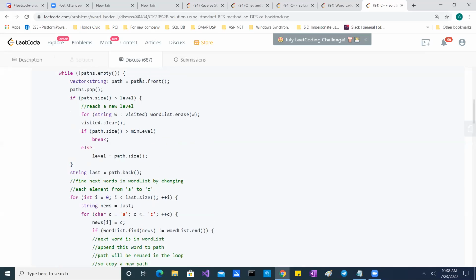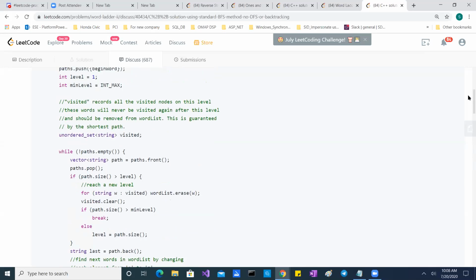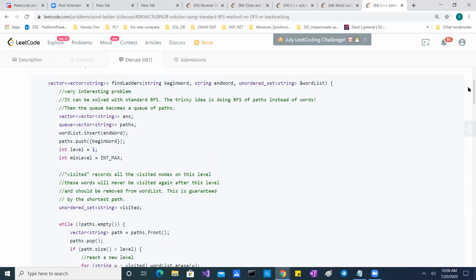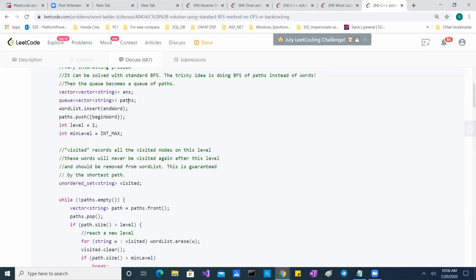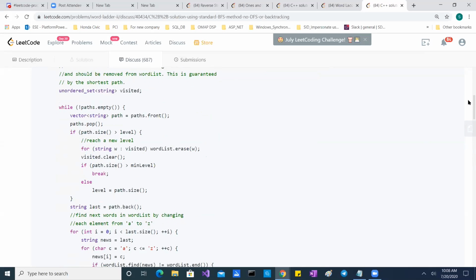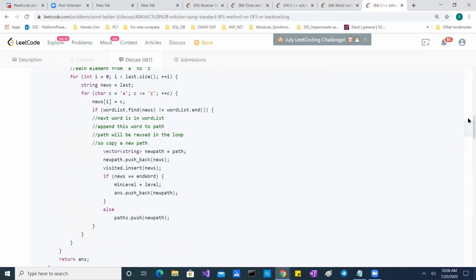So this is the one which he gets from the top. Oh, that is Q actually, sorry. The paths is a Q, the plural one is a Q. So the path is local. So he pushes the new path in the queue.